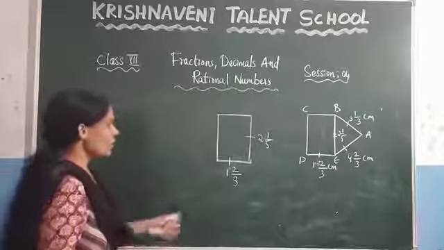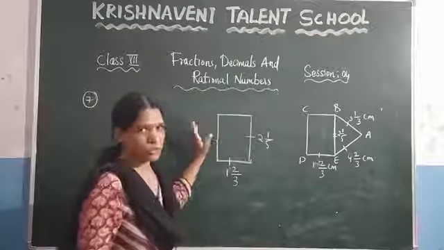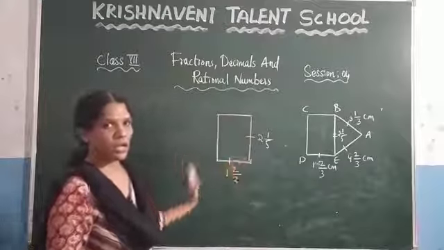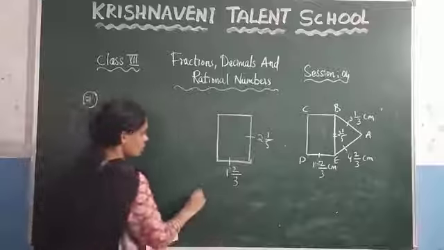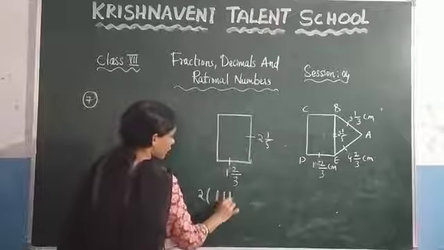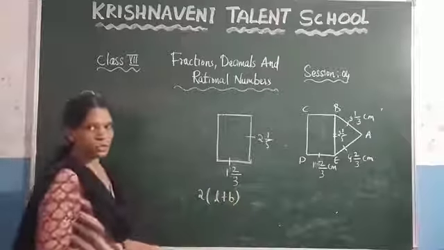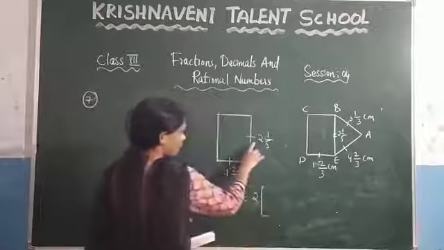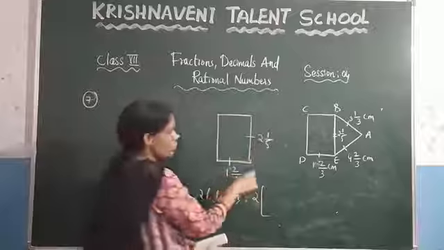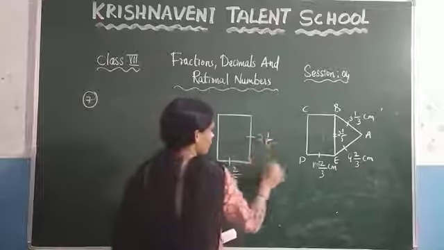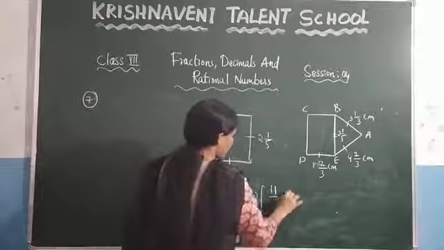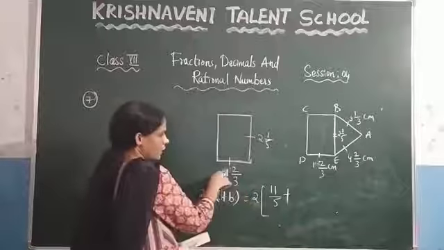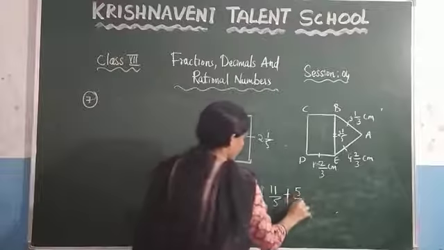So if you want to find the perimeter of the rectangle, what we need to do? You have to take the sum of the sides, or otherwise you can use the formula, which is 2 into L plus B. You know that the perimeter of the rectangle is 2 into L plus B. So here 2 into, what is the value of L? This one, 2 1 by 5. So convert it. 5 2 is 10 plus 1, which is 11 by 5, plus here 3 1 is 3 plus 2, which is 5 by 3.